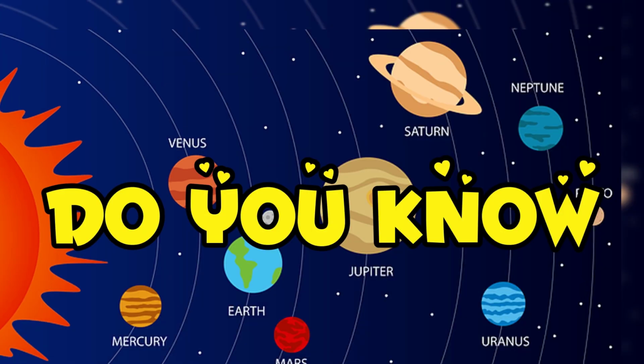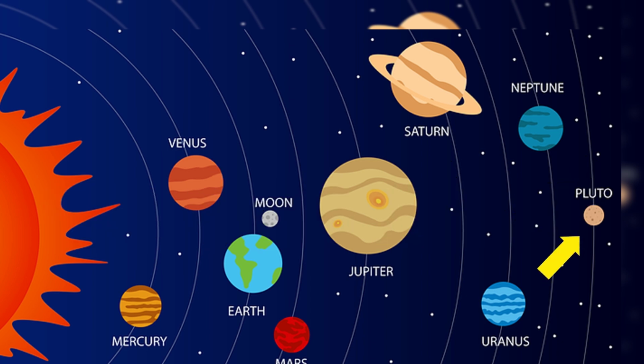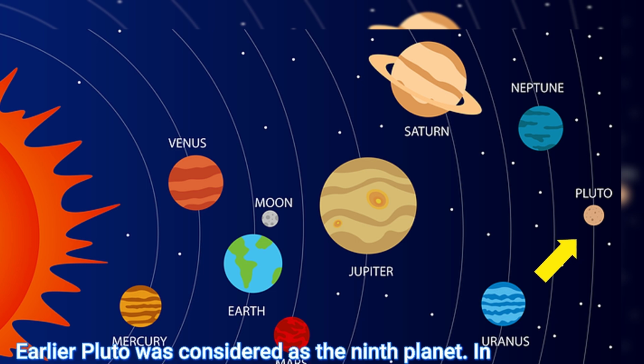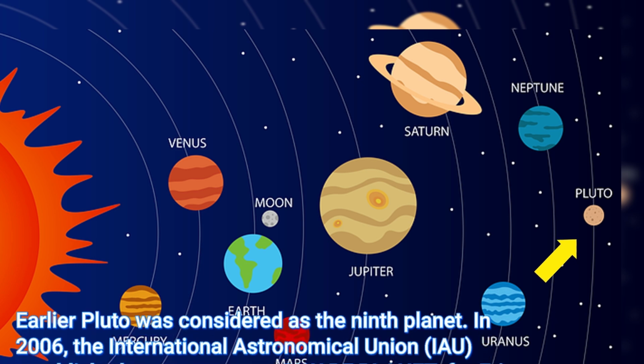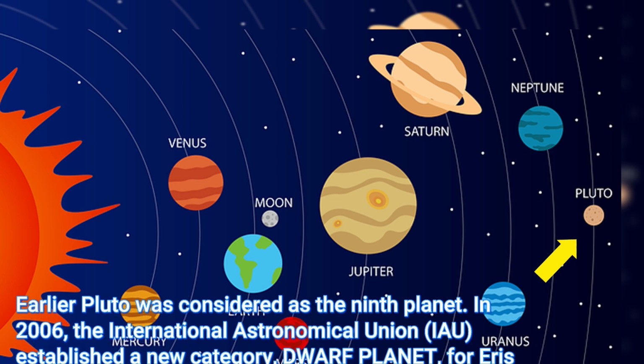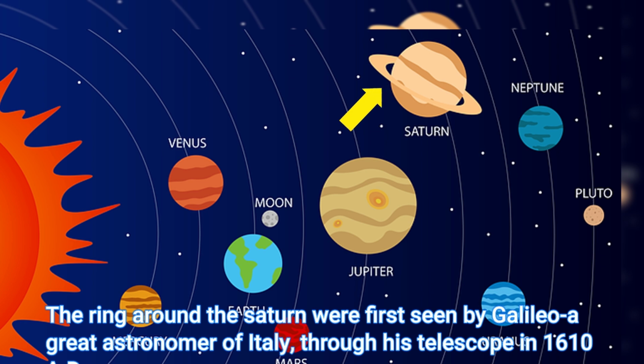Do you know? Earlier Pluto was considered as the 9th planet. In 2006, the International Astronomical Union (IAU) established a new category, dwarf planet, for Eris and Pluto. The rings around Saturn were first seen by Galileo, a great astronomer of Italy, through his telescope in 1610